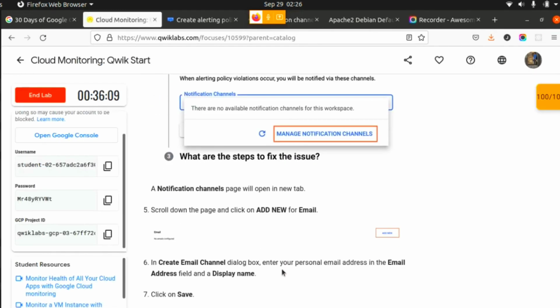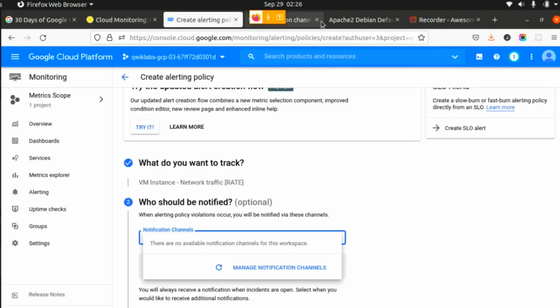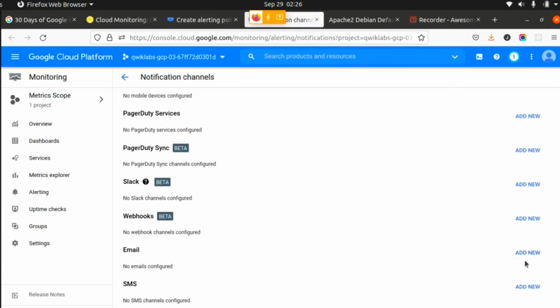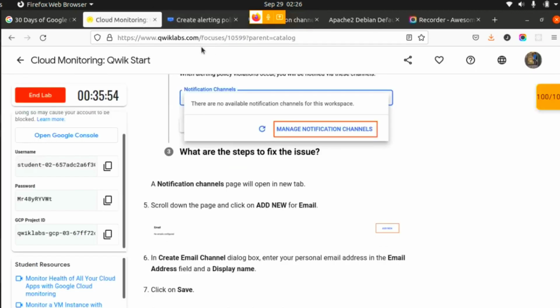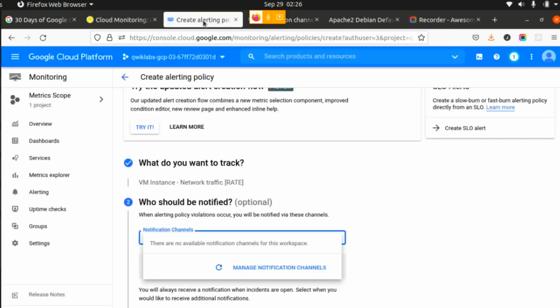After that, scroll down the page and click on Add New for email. Okay, over here there is the email part. You click on Add New, and in the Create Email Channel dialog, enter your personal email address and a display name.